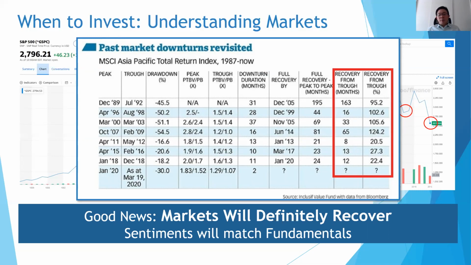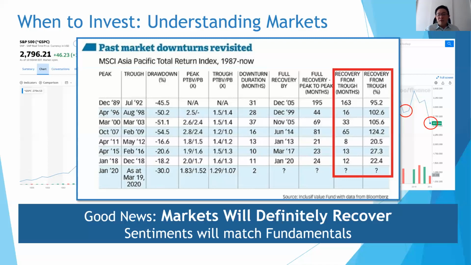And they produced about 20% in returns each. So that's why I say now we are approaching the bottom. Are we going lower? Honestly, nobody knows for sure. But I think now is a pretty decent time to consider getting more investments into a portfolio. All right, so now that we know that the markets will surely recover,